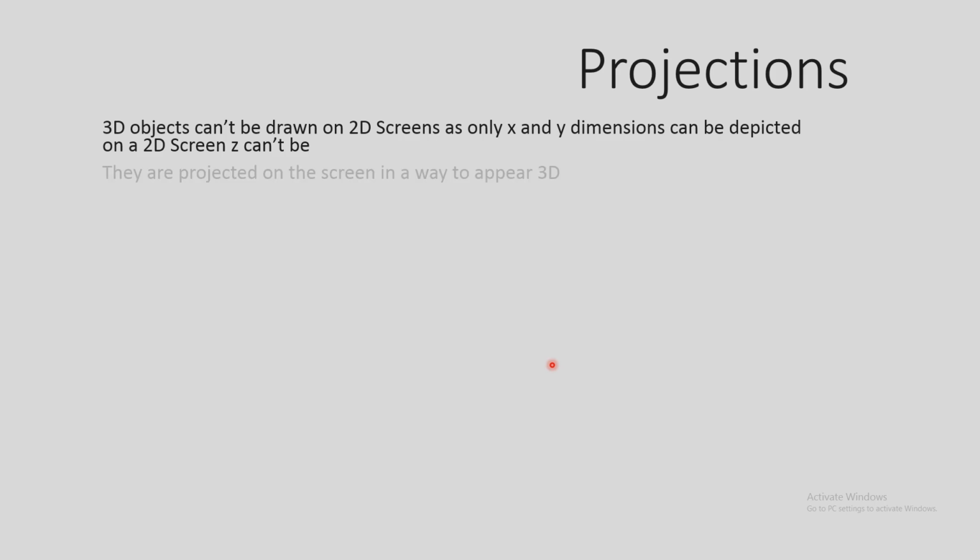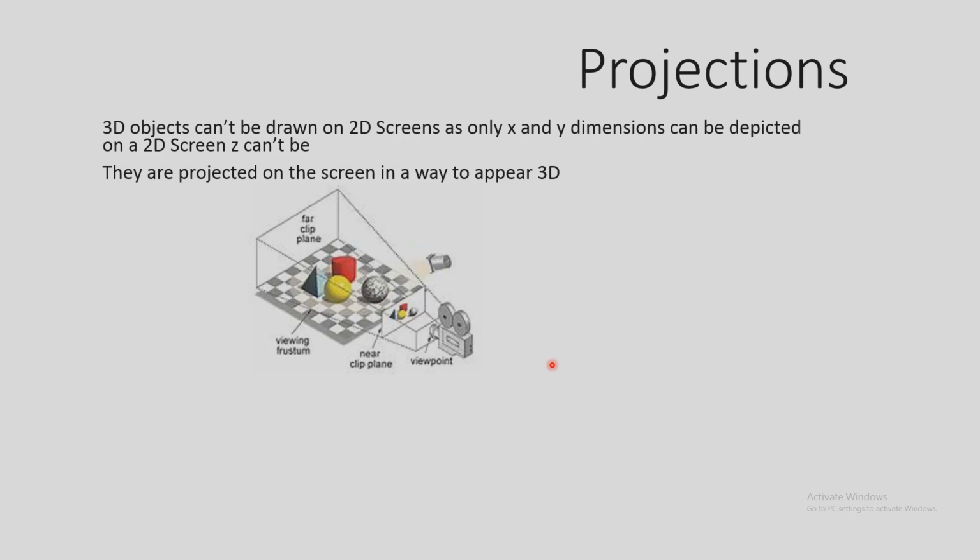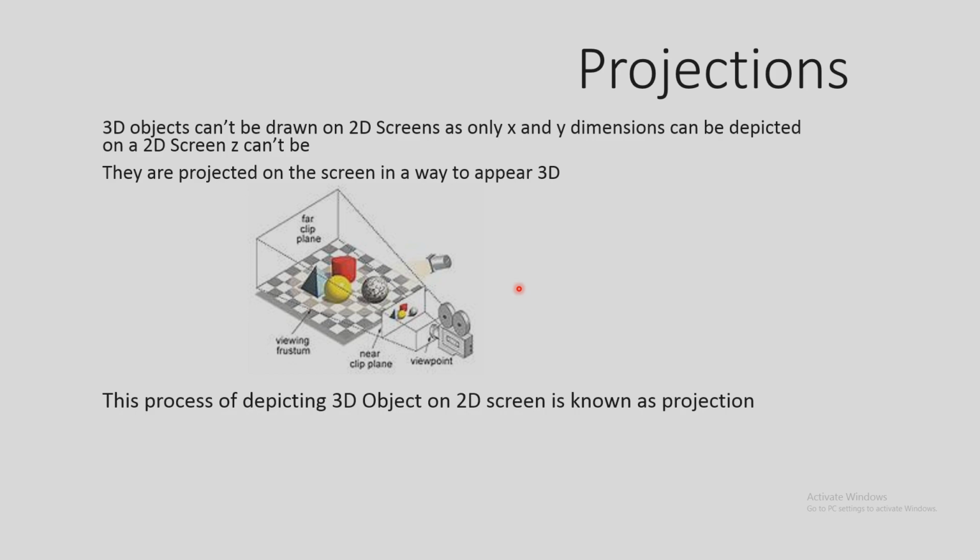monitors or screens. So to depict a 3D object, it is projected in such a way that it just appears 3D, because it is not exactly 3D, but it just appears as 3D. So this can be done like this. See, there are so many 3D objects, and this is the plane, this is the screen, monitor screen or plane where your image is to be depicted. So all the 3D objects are depicted in two-dimensional plane. So basically projection is the process of depicting 3D object on 2D screen.